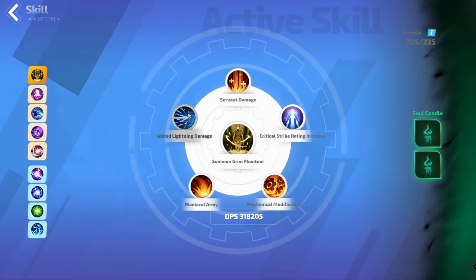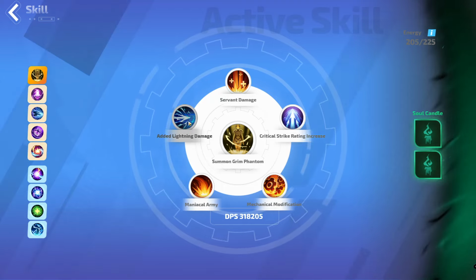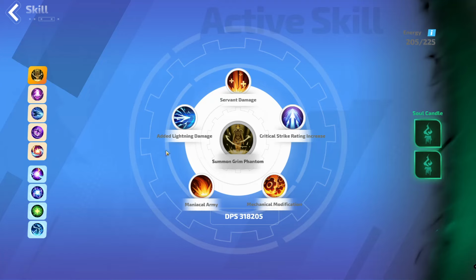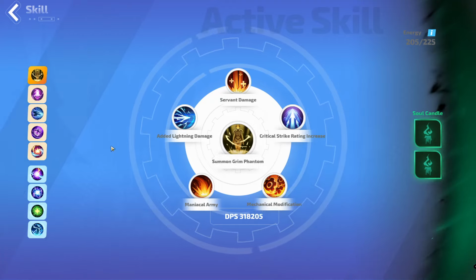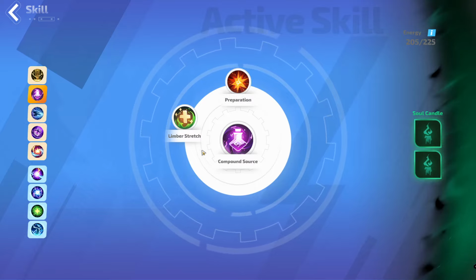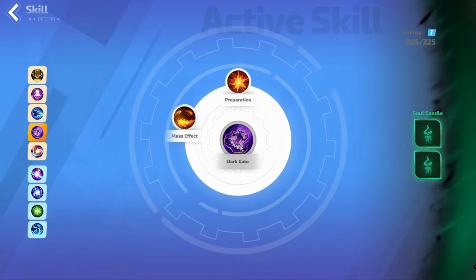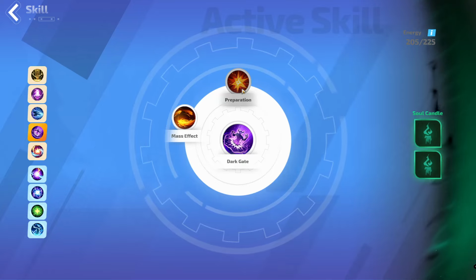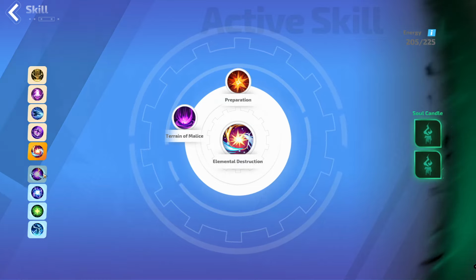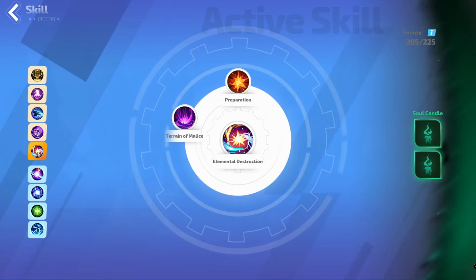With this, depending how easy it is to find the new noble skills, you would change out the 5th one for the noble skill to enhance your Grim Phantoms, so they blink on the enemies instead of charge at them. Going on, you would just have Compound Source with Preparation, so you don't have to think about using it. Blink with Quick Mobility. Dark Gate Preparation, so you don't have to think about using it. Elemental Destruction Preparation. And that is a way to heal, mobility, and a couple of